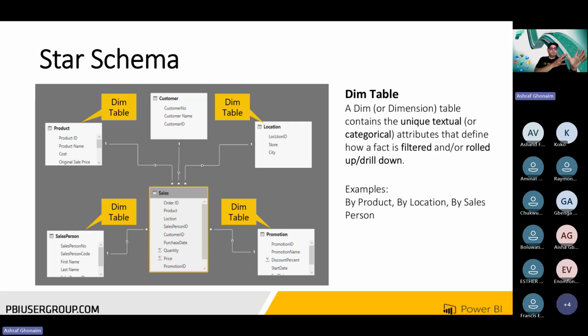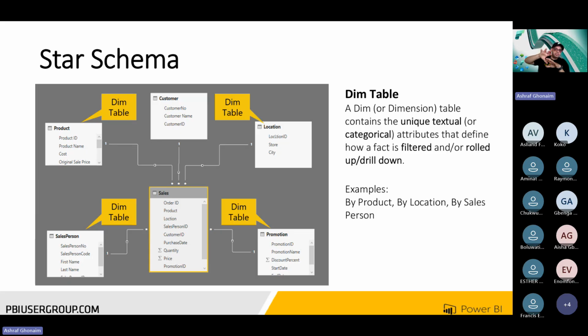Similar to that, the product. Product is the product. It's the master data. It should have all the information, unique information that we know about the product, all the attributes. It should be about the product, and so on. So I'm not going to go through all the dimensions here, but I hope you can understand exactly what is